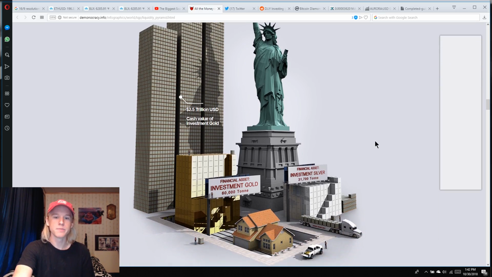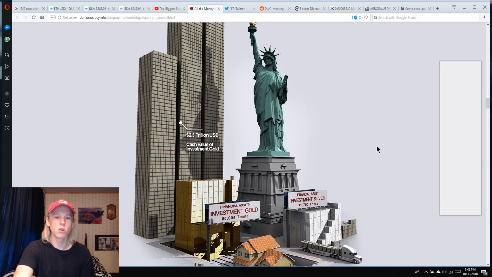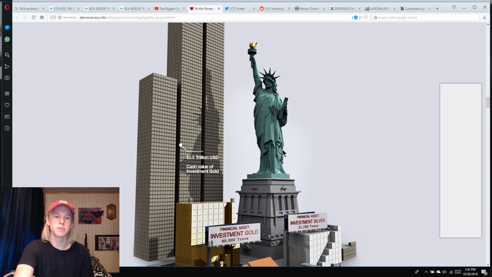That's so much money, yet it's not even that much money compared to the big scheme of things of where the entire value stacks up. I'm not going to be one to say that Bitcoin's going to overtake gold. I think that gold's always going to be around because it's always been around since the beginning of time. If you go back and look through history, it's always been the store of value. It's what kings use. And I don't think that's going to change anytime soon.